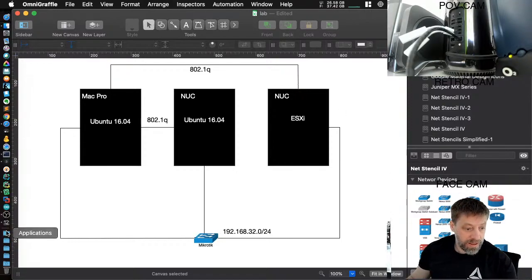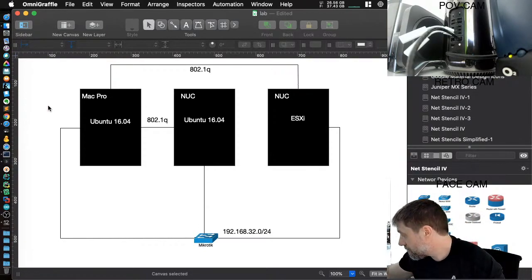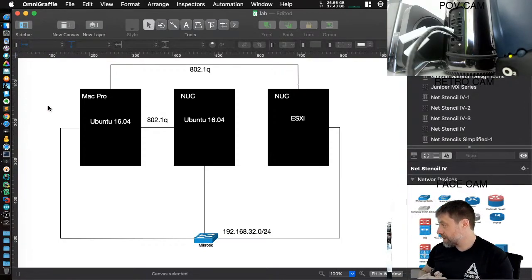All right, the download for the Cisco image is taking a while. Let's carry on with the cabling and see how far we get. So let's cable up Ethernet 1. Ethernet 0 is the management interface on the Mac Pro, and the same on the NUC. And for Ethernet 1 on both devices, let's just do Ethernet 1 on the NUC as